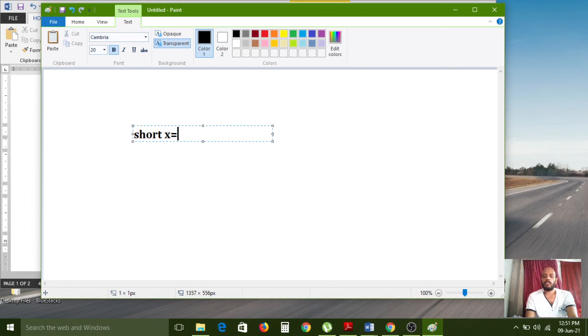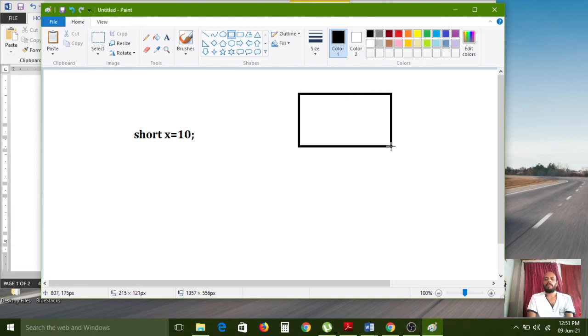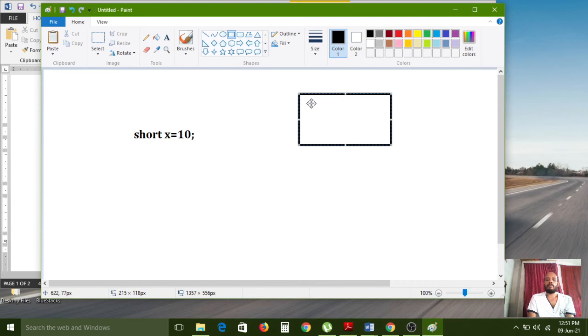If you write like this in your program, then at execution time the program will immediately spare the memory. The short data type occupies 2 bytes of memory.